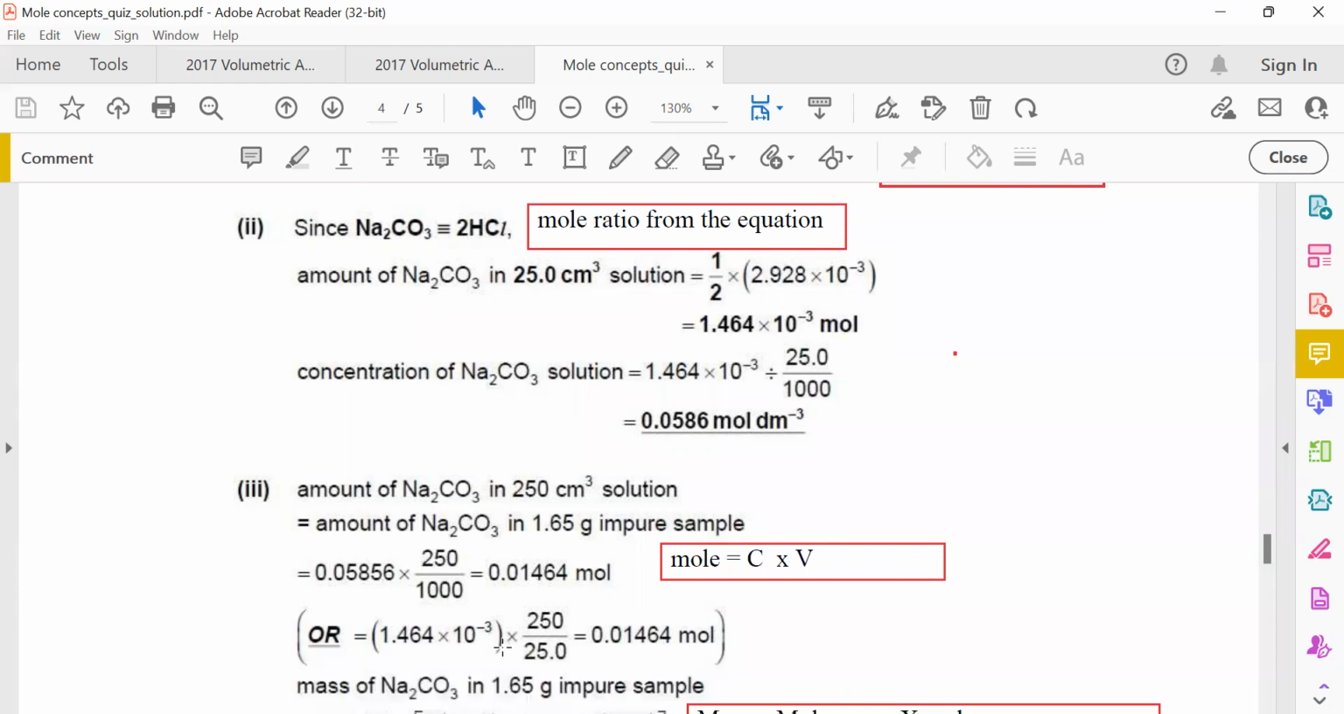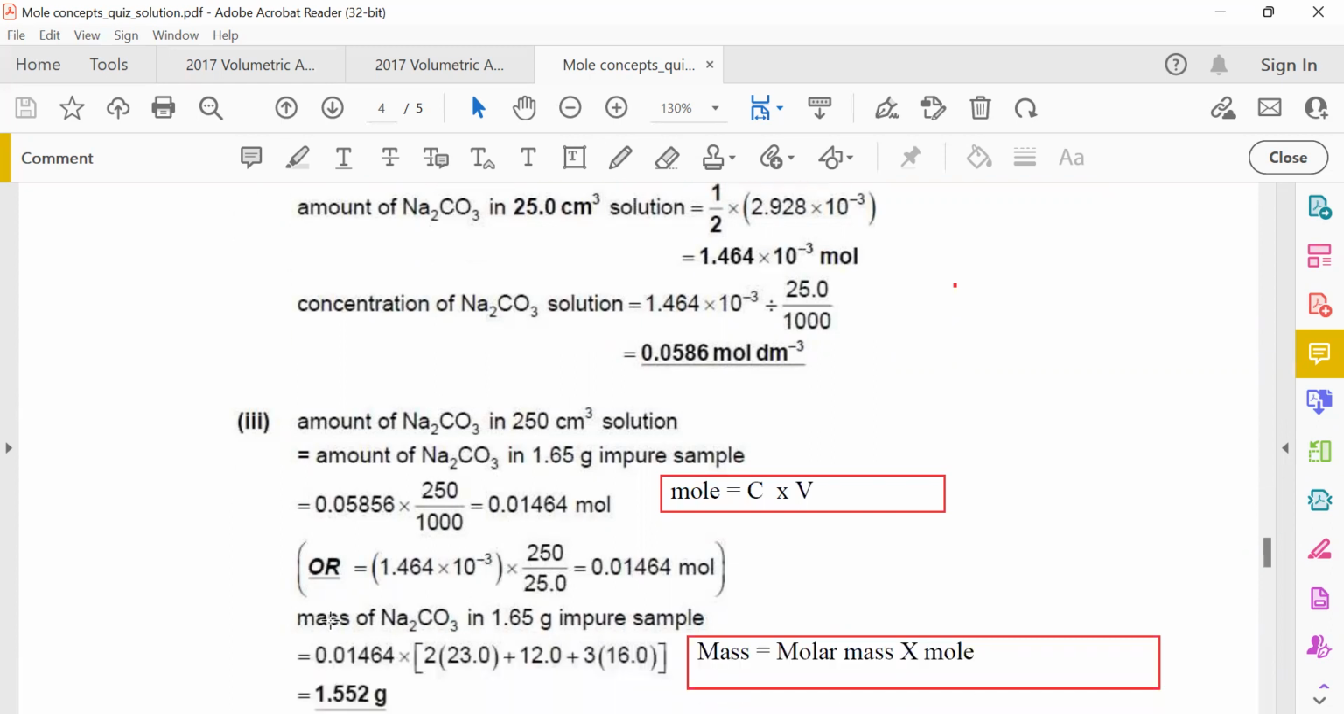Okay, if not, what you can do is you can base on the mass that you have calculated here, or the amount that you have calculated here in 25. Okay, so this part is scaling. If you want to do it this way, it's possible. That means that if it's 250, that means it's 10 times more, and that's why you multiply this by 10. Okay, and then from there, you're able to work out the mass by multiplying the MR,